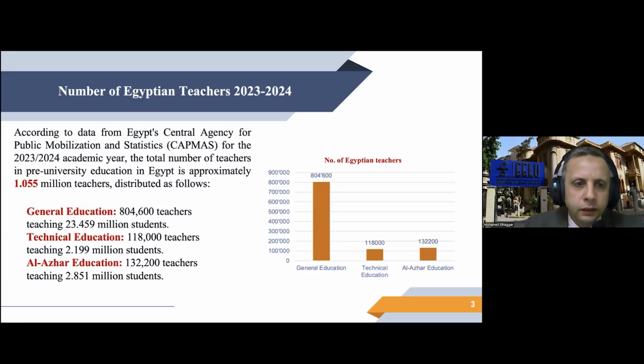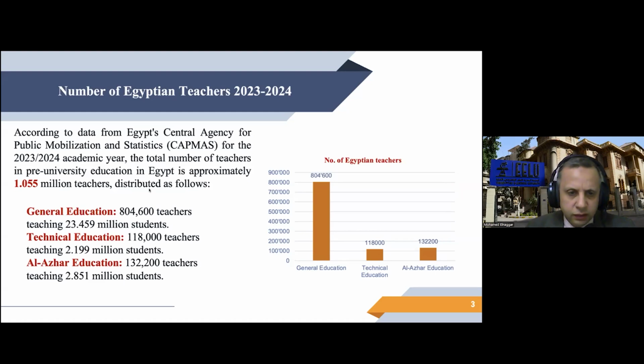Okay. Let's explore some statistics about the teachers in Egypt from the statistics of 2023 and 2024. The number of teachers in Egypt is about 1,055,000. They are divided into 3 types: general education, technical education, and other education. The most teachers are concentrated in general education because the number of schools and students is concentrated